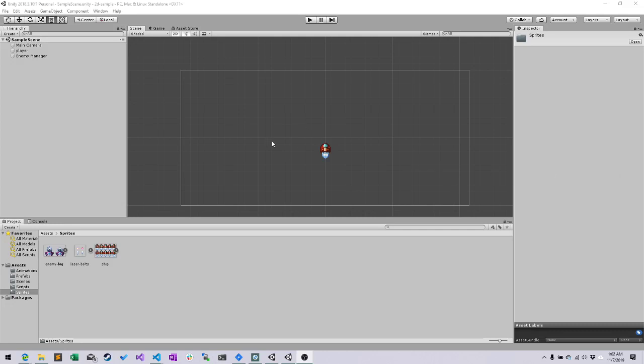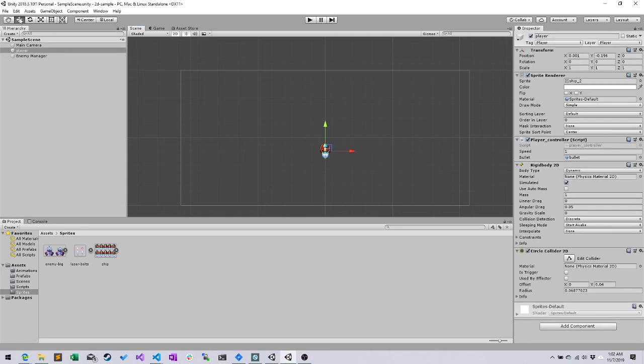Alright everybody, what we're going to do next is set up our barriers that you see in Space Invaders that allow the player to have some temporary shields that can be destroyed over time. So first thing we're going to do is set up our player to be a little bit